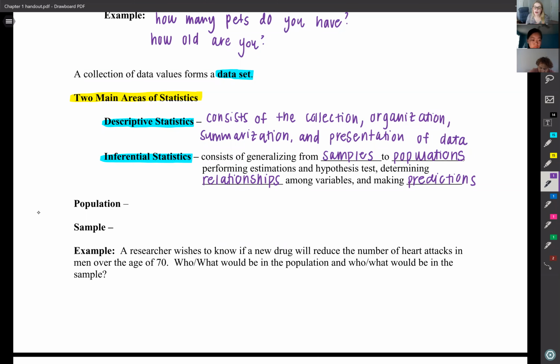So the goal of that study, or the inferential statistics, is to be able to take something from a sample to a population. So there are some differences between the two, and you could definitely read in the textbook and get some more examples. Any questions so far?